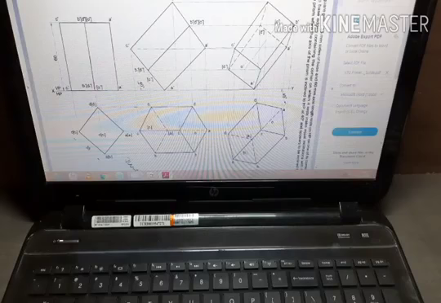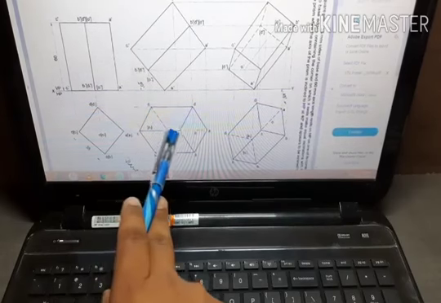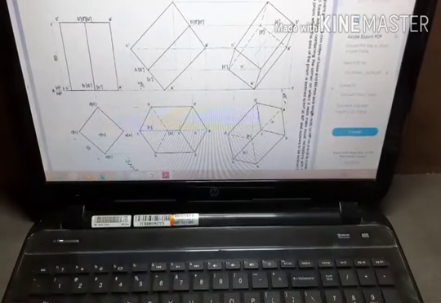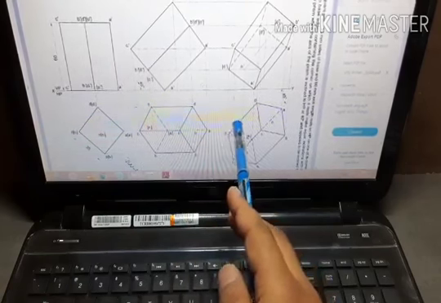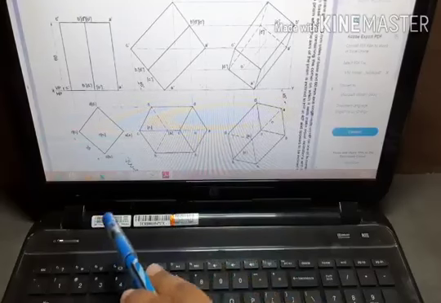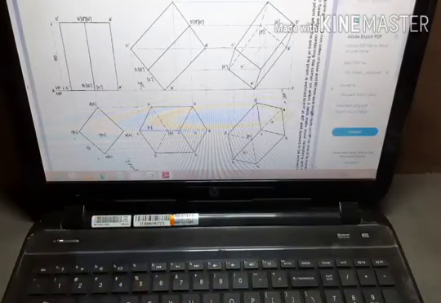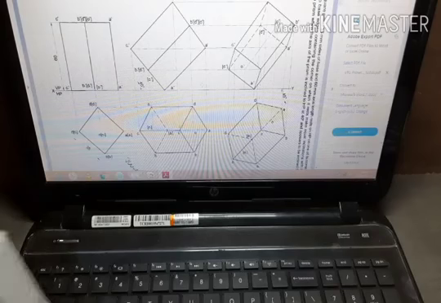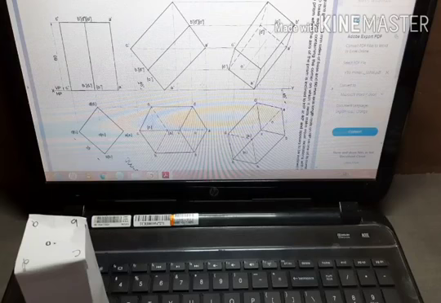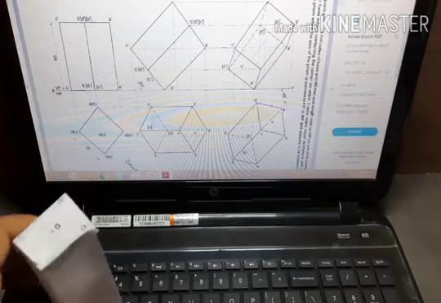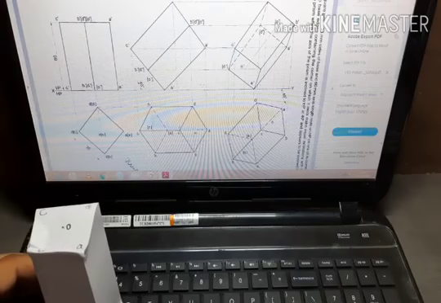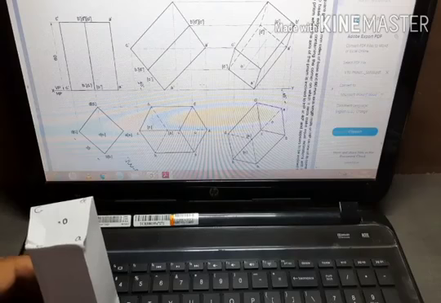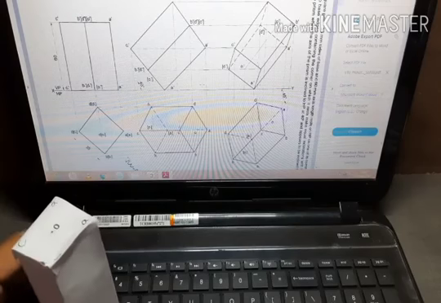Now this is your HP, this is your VP, this is the XY line. This is a solution. What you are seeing on the screen is your solution. Now I will explain the concept initially, followed by the sketching part. It is clearly said in the problem, it rests on HP. So this square prism rests on HP. Now you have to decide whether it should rest in this position or in this position.